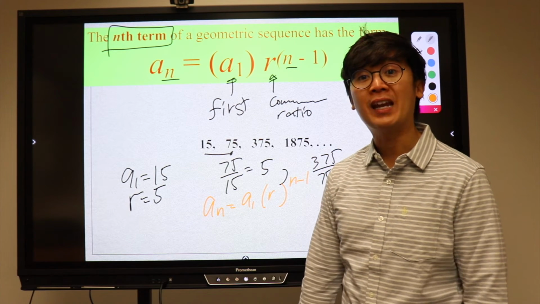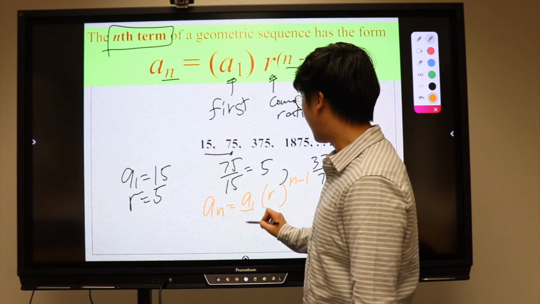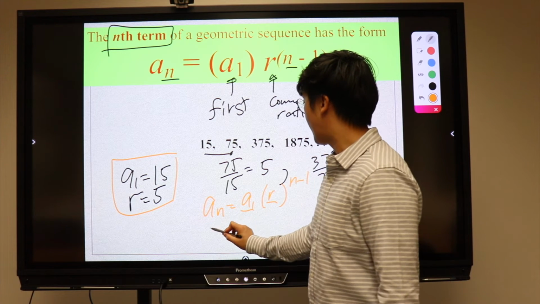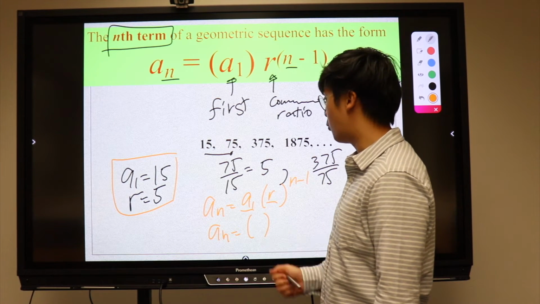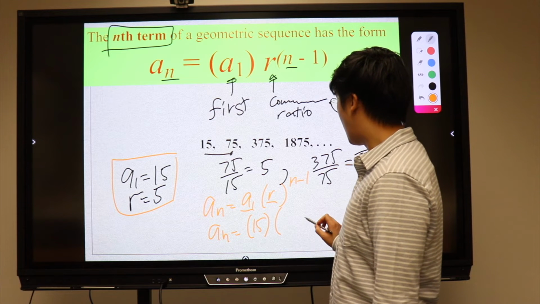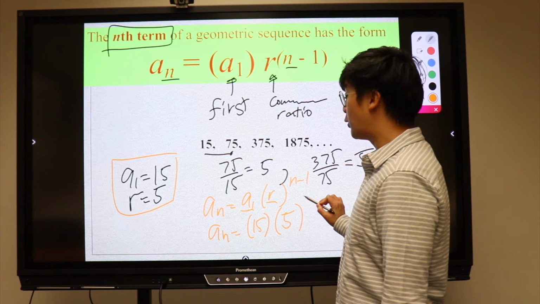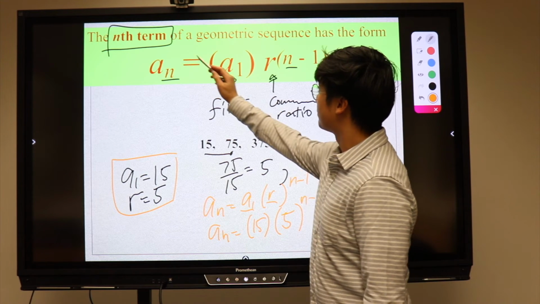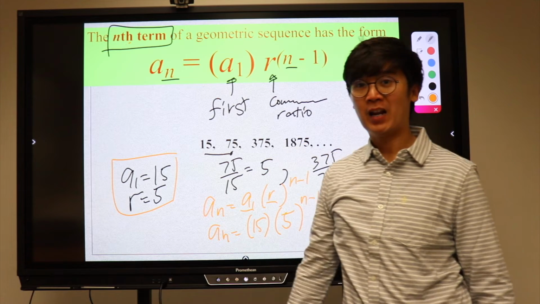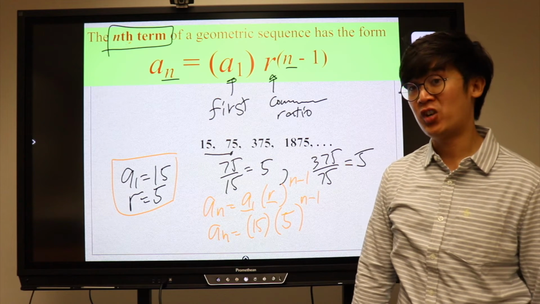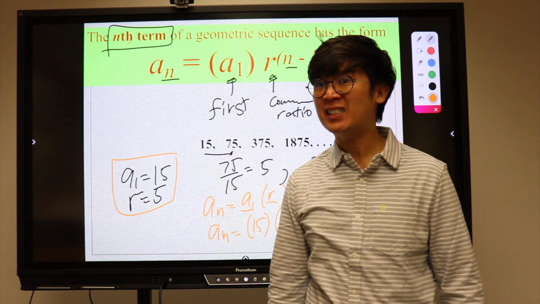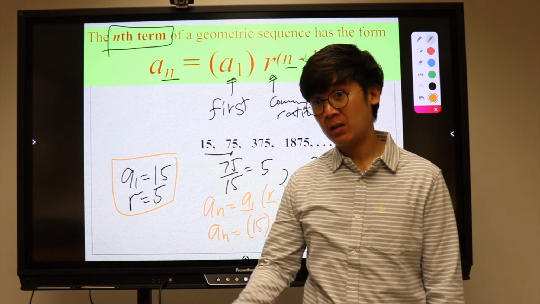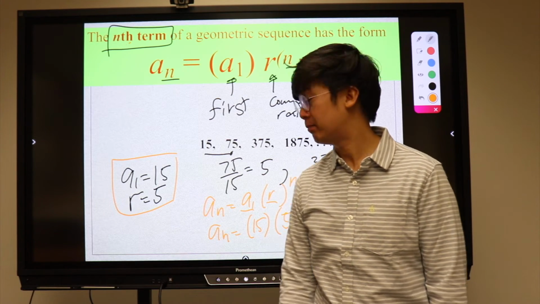All we need to do is plug it in. We're replacing a sub 1 and r with these. And we're done. a sub n is equal to, what is a sub 1? 15. And what is r? 5. Do we need to replace n? No, because we're looking for the nth term. If the question is, find the 7th term, do we need to replace the n? Yes, with 7, a sub 7. But if it's the nth term,